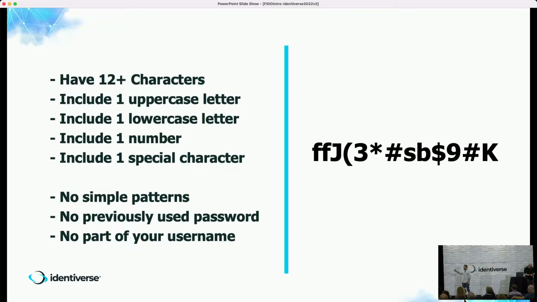So people still are not doing this. And so we, as an industry, twisted their arm a little bit and said, you know what, we're going to enforce this now. So I'm sure you've seen this when you are enrolling in a new username and password the first time. There's this huge list of grayed out criteria, right? And when you type in your password and you meet that criteria, it turns a lovely shade of green, big smiley face. You feel really good about yourself. And you do that 14 more times. And if you don't do it, you get angry faces and warning messages, and you feel like a bad person.